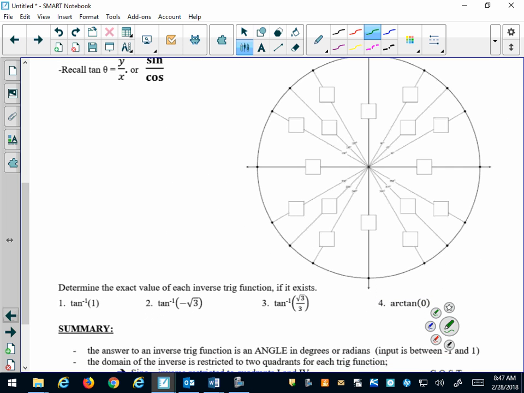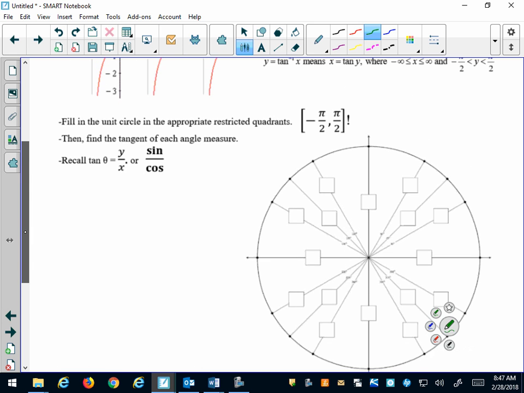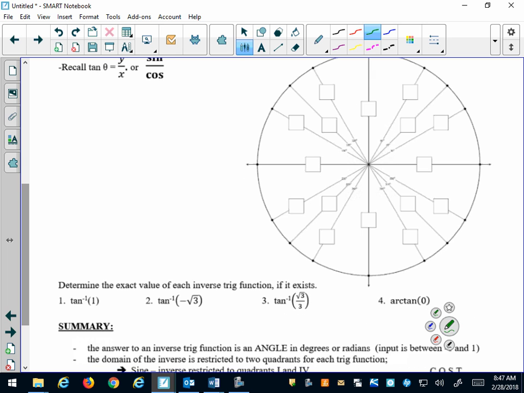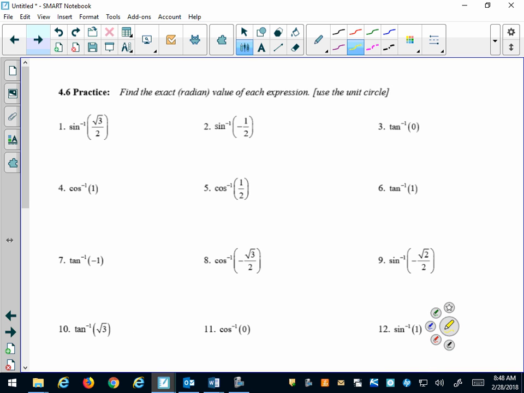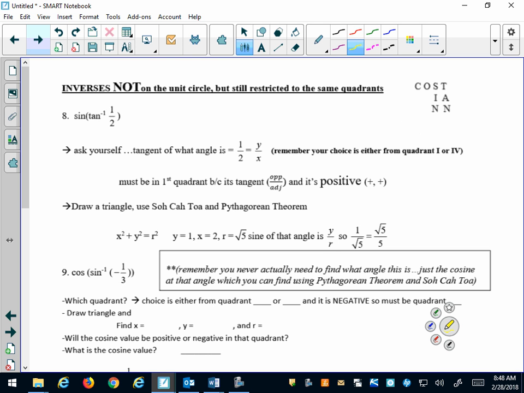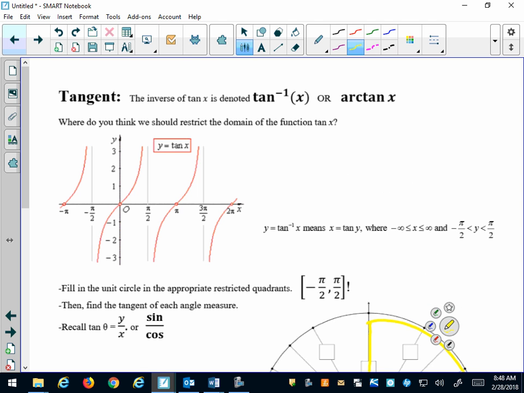All right. Just really quickly, I know I'm not big on tricks, but here's a little trick for remembering what is restricted where. Okay, so I know we didn't get to tangent, but tangent is going to be restricted the same way as sine was. It's going to be quadrants 1 and 4. Okay, that's going to be the restriction on tangent. And if you see at the top of like the third page, let's just repeat it over here on the top here. If you write this,